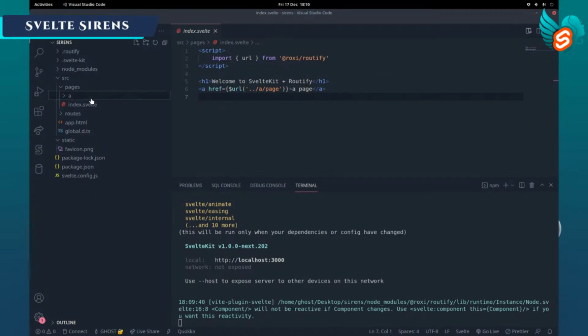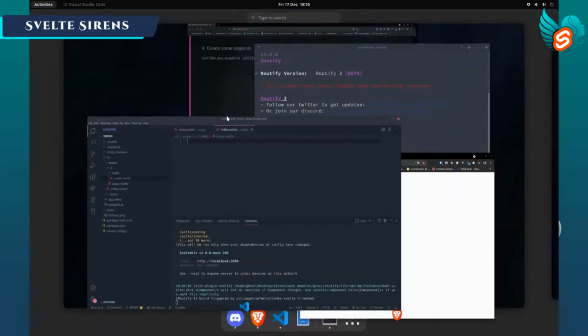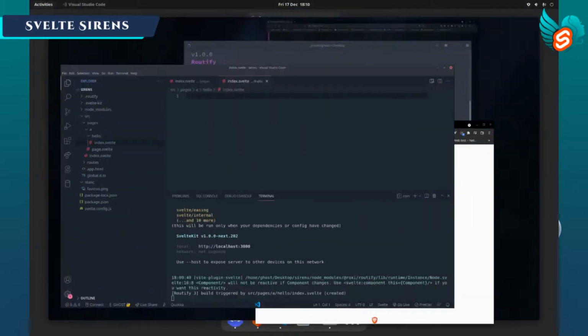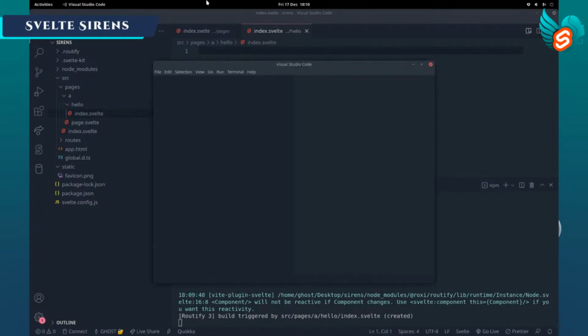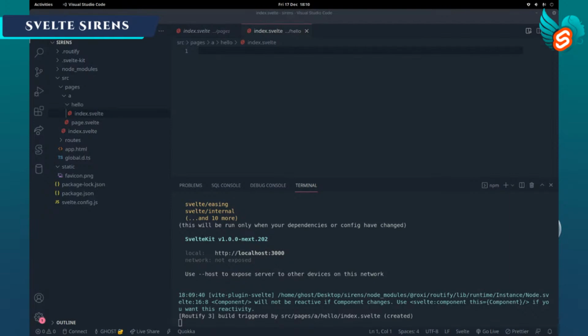So if we just create some example pages, so we obviously have this A route here. We can also create sub pages. So like hello, just do hello/index.svelte like that. Then just bear with me. We can do. Okay, so what we want to do is